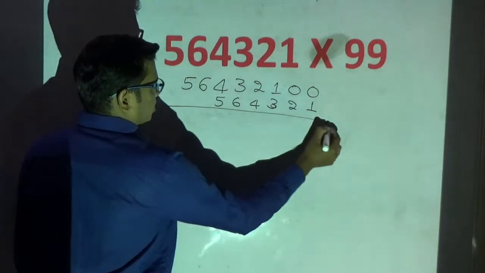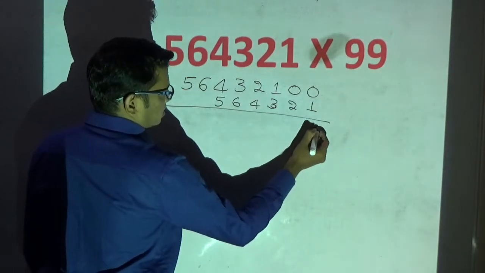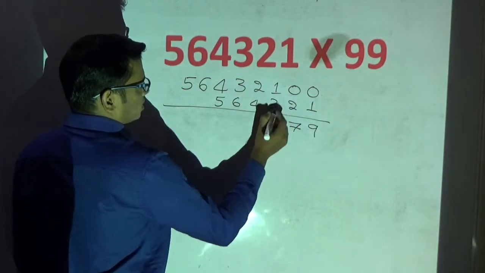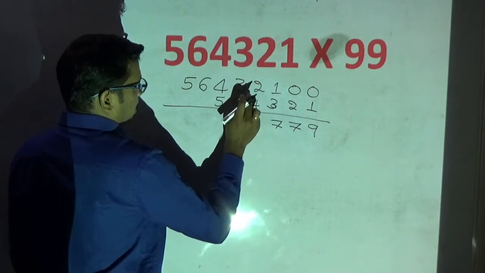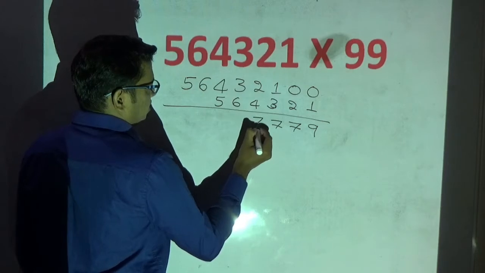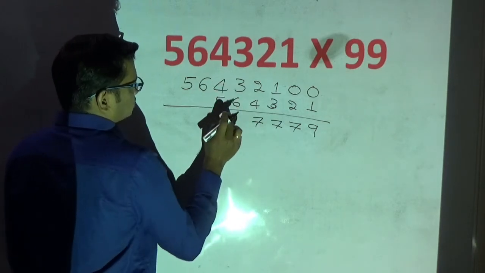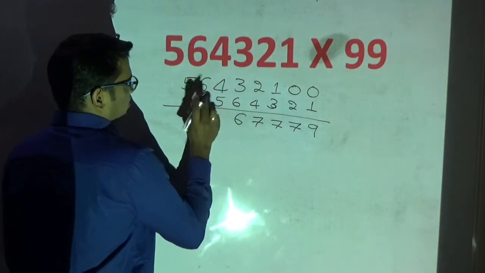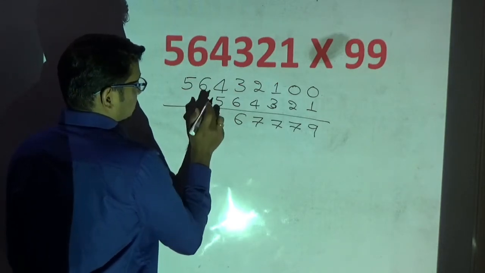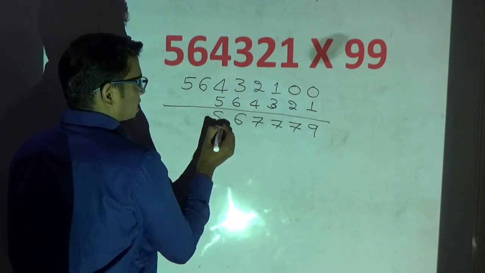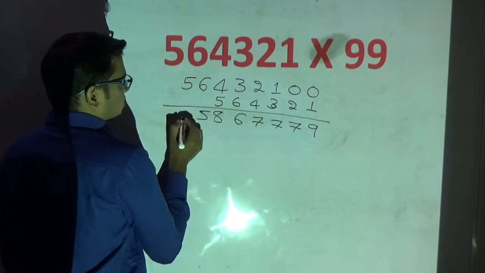Now we subtract them. What is this? This is 9. This will be 7. Okay. This will be 7 again. This is 11. Okay. 11 minus 4. This is 7 again. Okay. This is 12. 12 minus 6 is 6. Here 3 left out. Therefore 13. 13 minus 5. What is 13 minus 5? 8. Here what is left out? 5. Okay. This is 5.